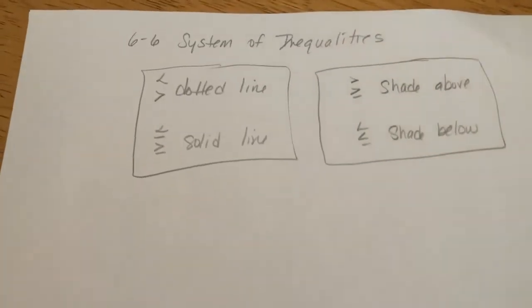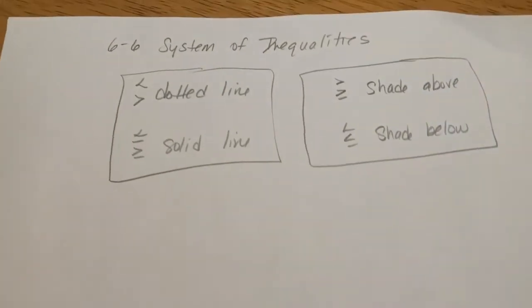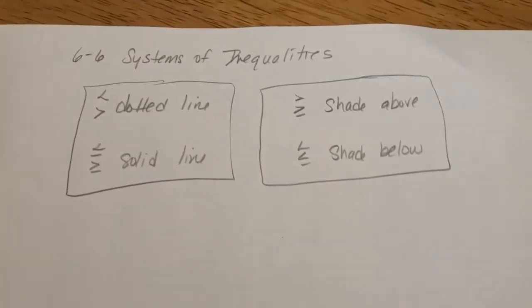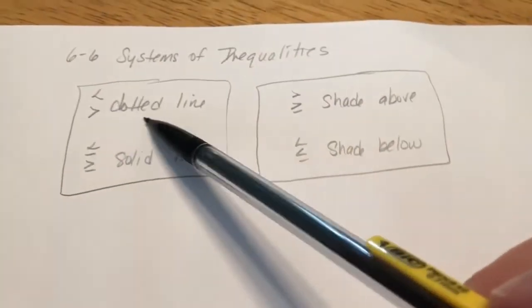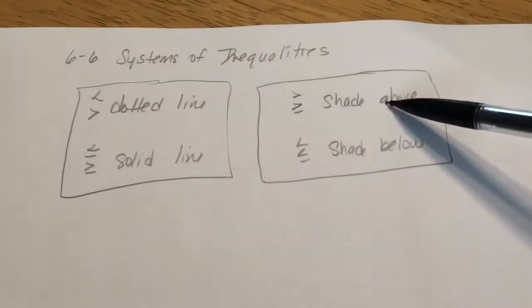All right, today we're going to go over section 6.6, which is systems of inequalities. Remember our rules for graphing inequalities? We've already gone over this before when we went over graphing a line. Told you this would all come up again as far as dotted line, when to use a solid line, and